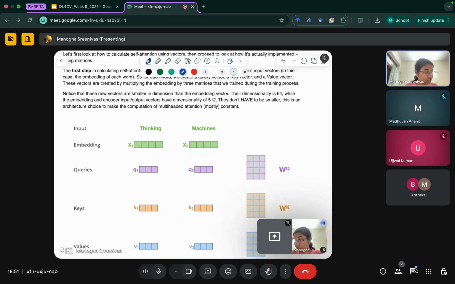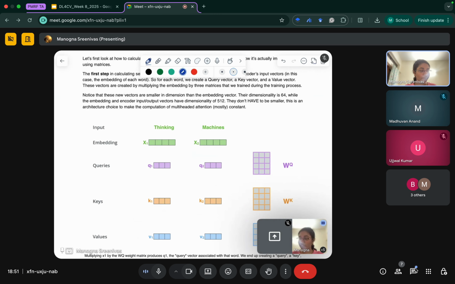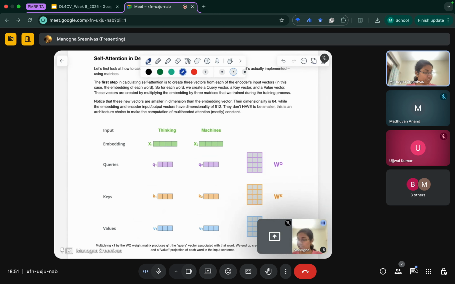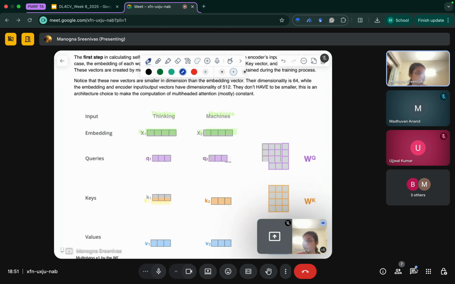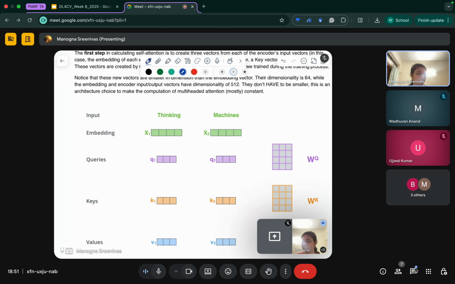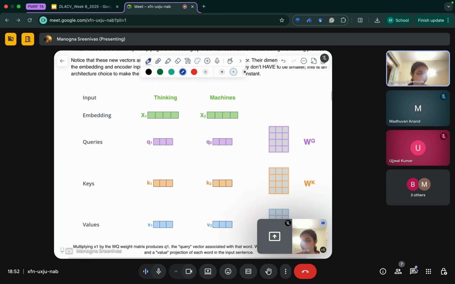So now let's look at what exactly happens inside. What is that function that is self attention? A self attention module has three parts. It extracts three different vectors from each input. So if this is my input embedding, it extracts something called queries, keys, and values. So queries is like